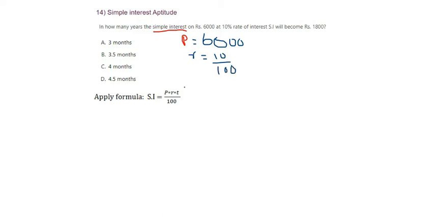They're asking the value of time, in how many years. Your simple interest here, your interest, is nothing but 1,800. So applying this formula, your simple interest is 1,800